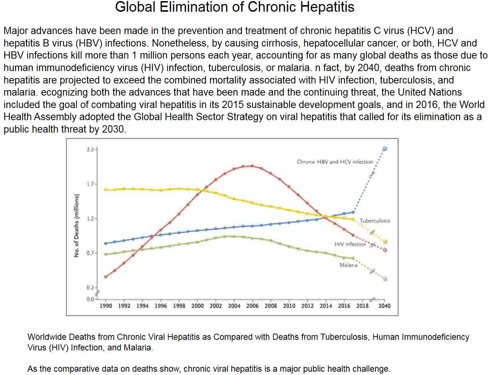The review in the New England Journal has to do with the global elimination of chronic hepatitis. And as we have discussed before in this round, we're now in a position to do that. And if we look at this, the point here is that hepatitis B and hepatitis C infections have continued to increase. Although AIDS peaked in 2006 and is now going down, and malaria is going down, and the projections to 2040 are